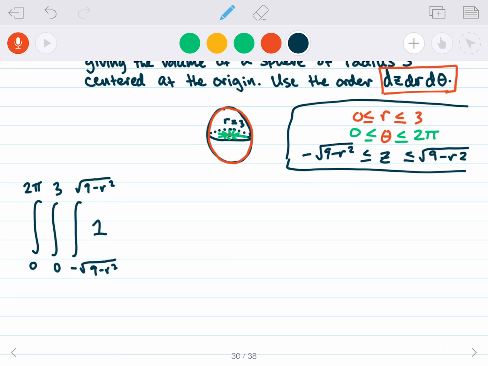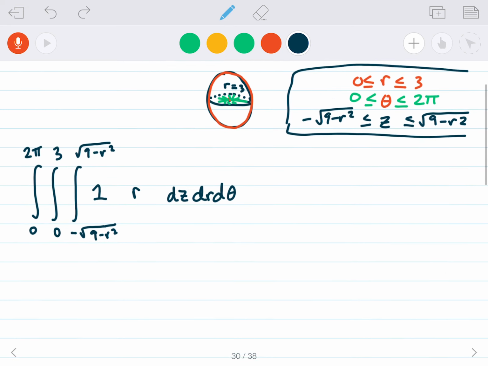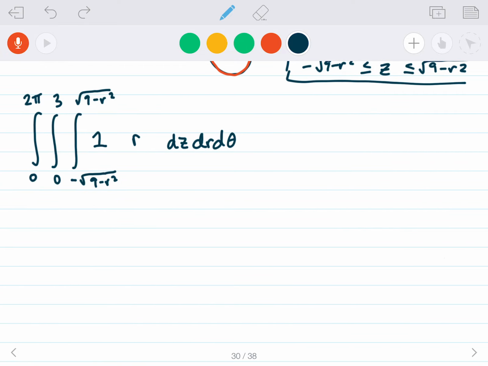Because we are integrating in cylindrical coordinates, we don't want to forget about the r dr d theta idea. So r is going to be there, but we want to make sure the dz comes first, followed by the dr, followed by the d theta. You can't forget that r, just like with polar coordinates. So let's integrate this with respect to z first. With respect to z, this is just zr, and we're varying between negative root 9 minus r squared and positive root 9 minus r squared. Again, this is z equals.